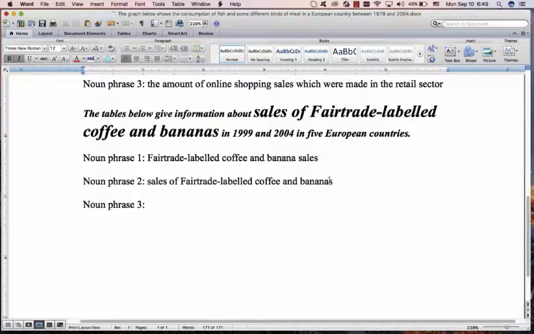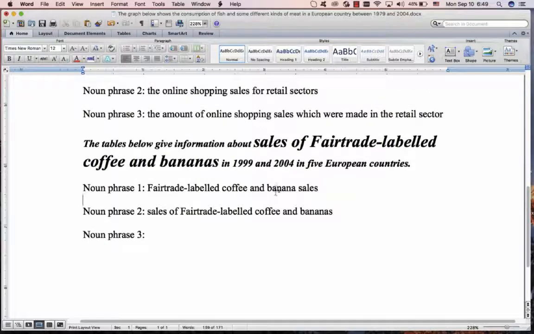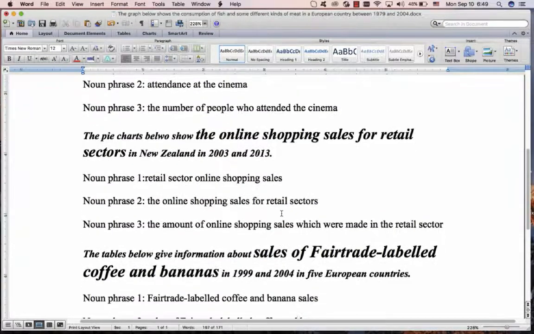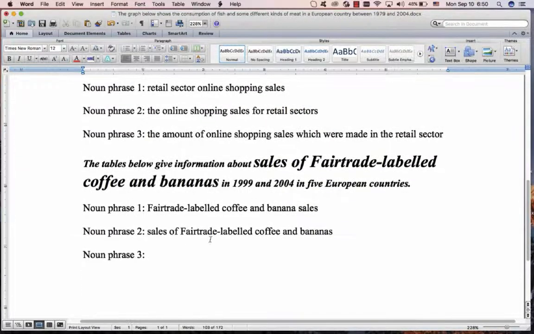See, there's an S over here. There's no S over there, because this is like an adjective, really. It's doing the job of an adjective. It's describing this. So drop that S. Same thing over here. Sectors. If it goes in the place of an adjective, you drop the S. Please notice that. And then this last one is, so even though we're using sales and sold, it can be